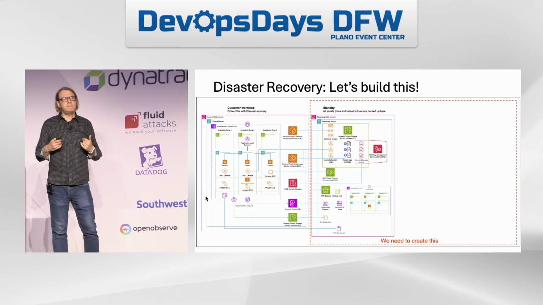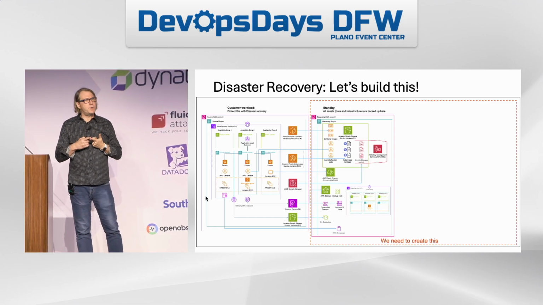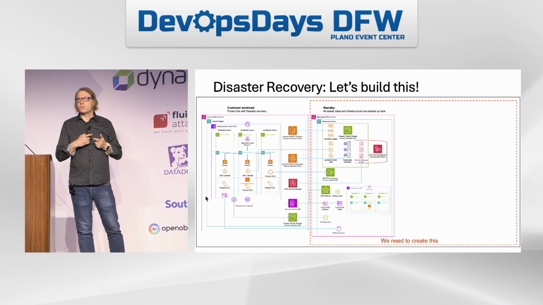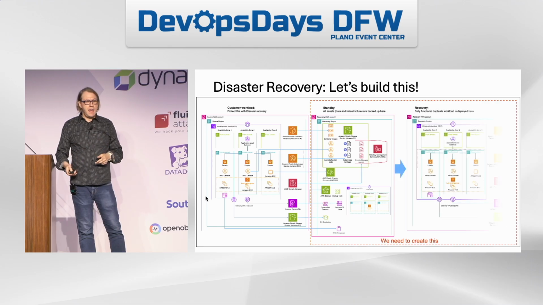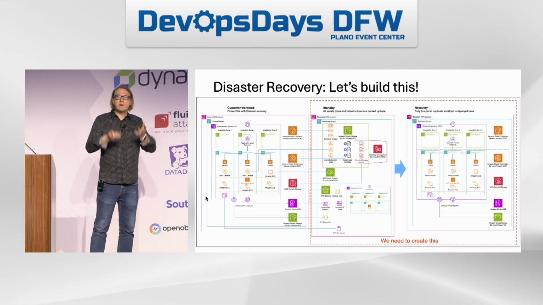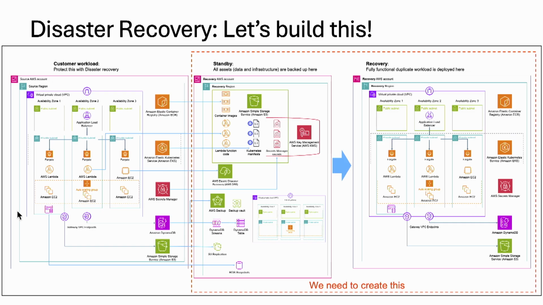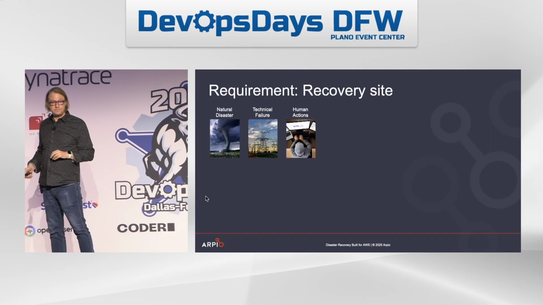And as I said, it has to be a different site. So it's going to be a different AWS account and a different region, cross-account, cross-region, so that if a disaster occurs, we can rebuild the whole thing. Again, we're going to rebuild it in an alternate site, in a different account and a different region, so it just all comes back up. That's what disaster recovery is, and we're going to talk about building that today.